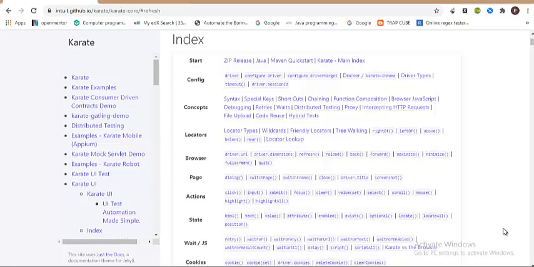So, in our last lecture, we started with a very basic script. We understood how to configure the driver so that we can launch the application URL in different browsers. So, we understood where to configure and how to set the value. We have seen that we can configure Chrome driver and Gecko driver, which invokes the Firefox browser, and in a similar fashion, we have Edge driver and the Internet Explorer driver as well.